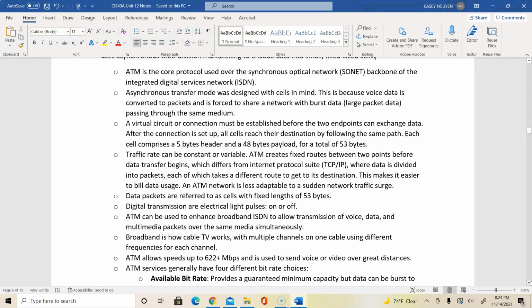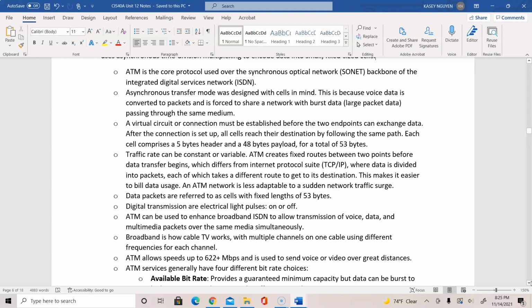It is less adaptable in the case where we would have network traffic surges, where we would have large bursts of data. And so your data packets would then be converted to what's known as cells, as we mentioned earlier. The digital transmission would be light pulses, either on or off. And so ATM was used to enhance ISDN, especially if the ISDN is using low transmission for voice data and